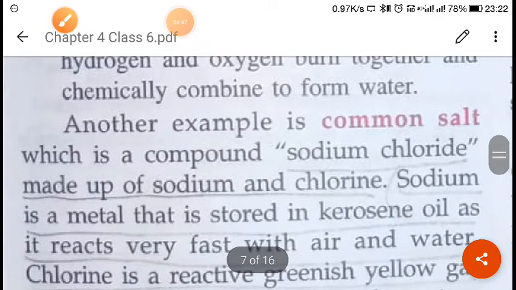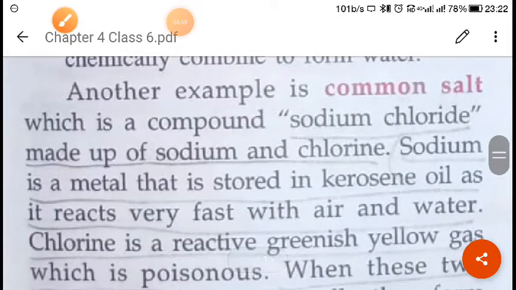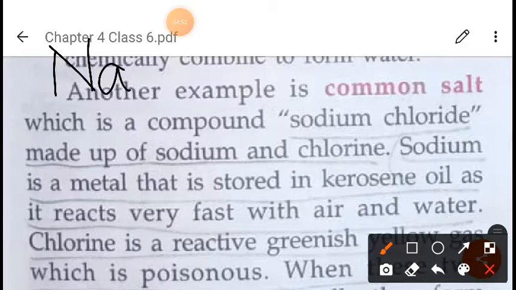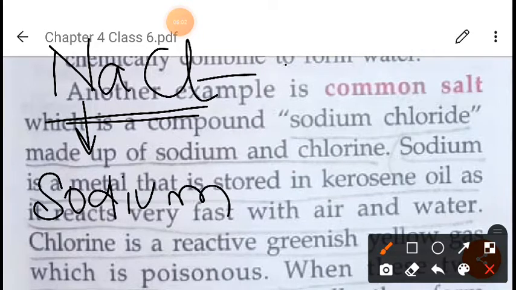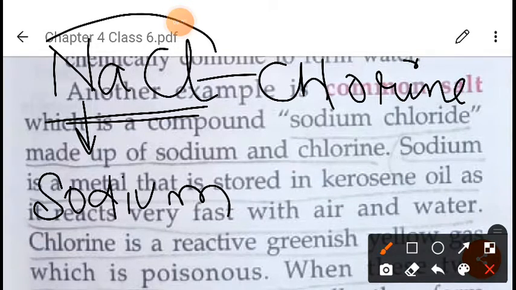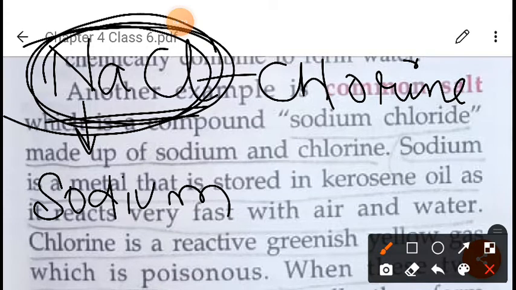Now next is an example of common salt. Common salt is NaCl, right? This NaCl is made up of sodium and chlorine. Sodium chloride, NaCl, is what we use in our house to cook food, right? Salt, namak. That salt is made up of sodium and chlorine, and these combine together to form